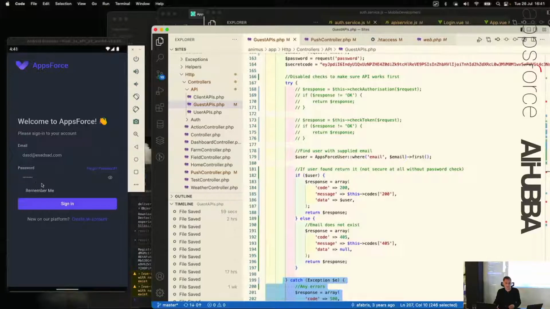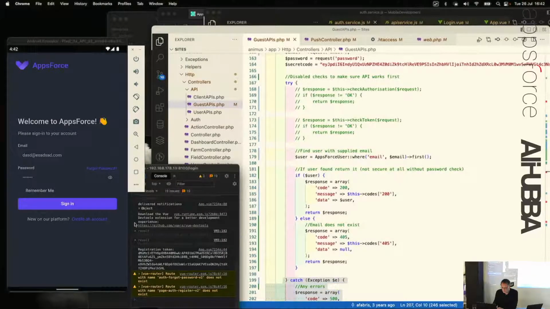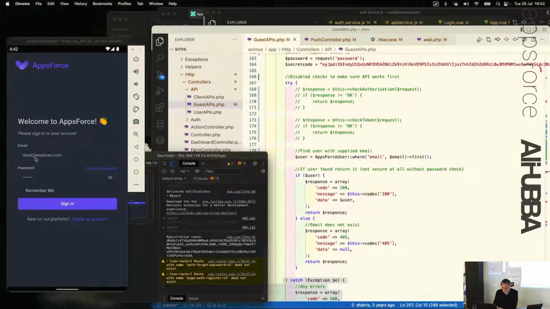Even if I'm typing the password here, it's the same way. I need a few lines of code which will encrypt the password, decrypt, check does it match, and then return the error, password don't match or passwords match. So, if I open my little console and send an email which I know doesn't exist, and click sign in,